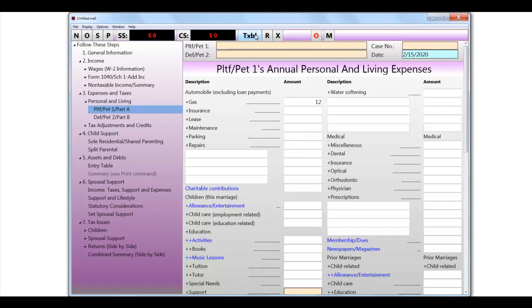In 2019, when the taxable treatment of alimony changed, it became more important to be able to change between pre-2019 treatment and present-day treatment. This is especially true when you're working with pre-2019 orders that are being modified under the new law after 2018. Those orders are going to continue to be using the old tax treatment, I think, unless the modification expressly provides otherwise. So this taxable, non-taxable button takes on an increased importance,